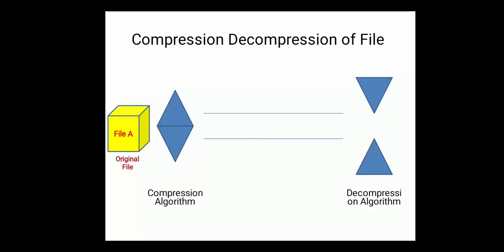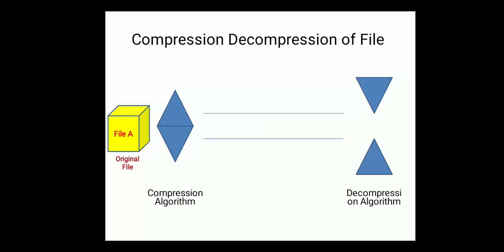We have two different algorithms here. The first algorithm is the compression algorithm. As we discussed, compression is basically used to reduce the size of the file. And in the second part, at the end, we have decompression. It means that we need to get back our original file by using decompression of the same file. So let us start. Before sending mail, we are just reducing the size of the file.